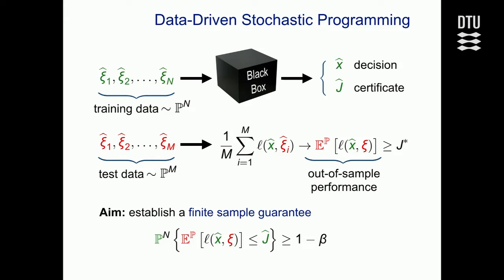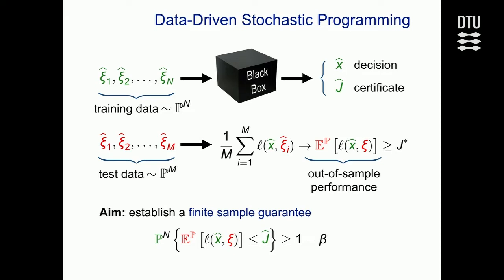But these samples, you put them aside. You didn't use them to compute your decision x hat. Once you have your decision x hat, you use these additional samples to evaluate how good your decision actually is. You compute the decision, and then you basically simulate how much money you would make if you had implemented this decision, and these would be the uncertainties that come along. So the quality of our decision x hat could then be approximated by the average cost of the decision x hat with respect to these different samples.